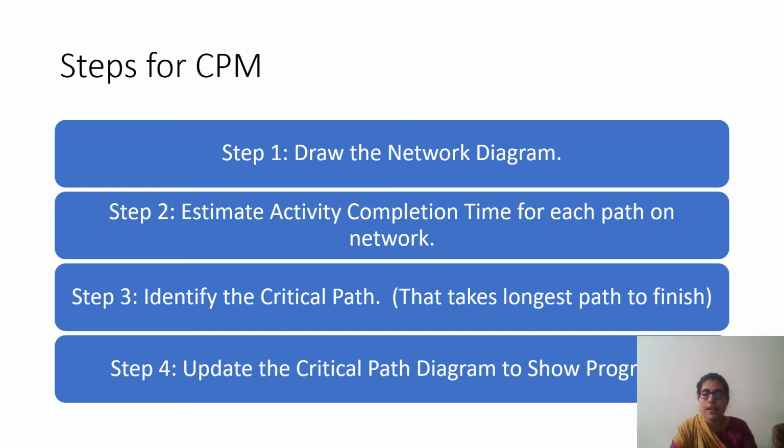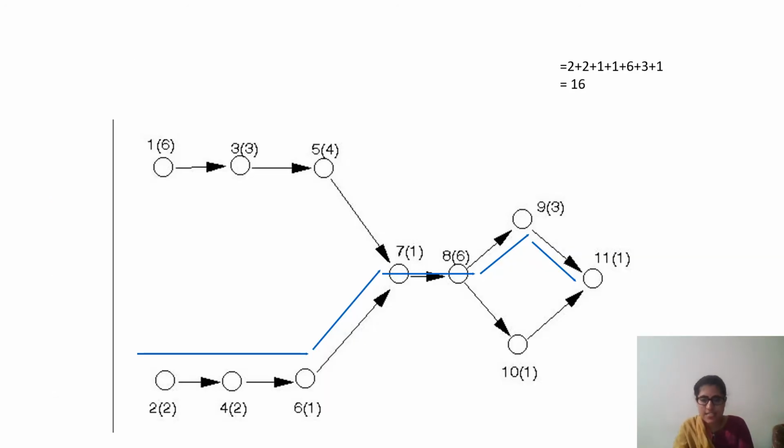Updating is the main thing when you are working on site. We drew our network diagram in the last class, so we are going to continue from there. So this is the critical path question.